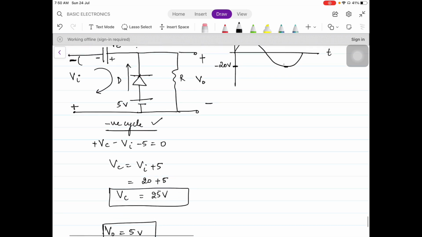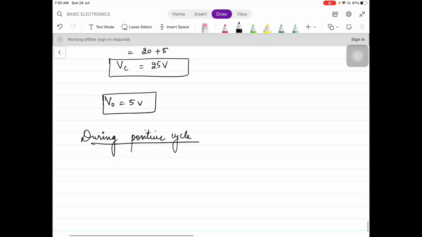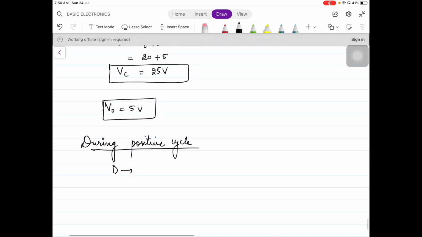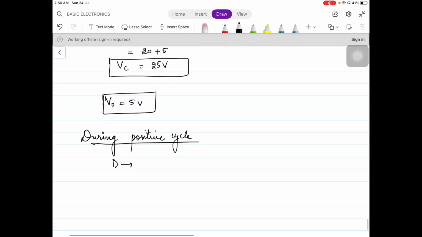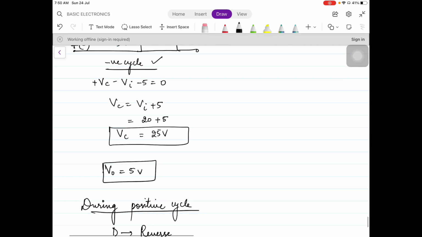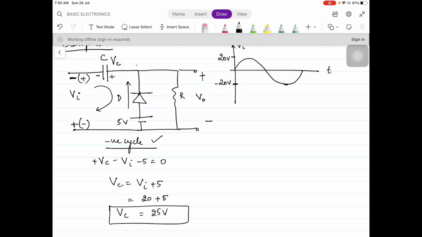Now during positive cycle, put the signs in the brackets without striking off the previous signs. Diode is reversed, surely no two cases will be formed over here. Just look to the signs of VI. Diode is reverse, that means open. ओपन सर्किट के साथ लगी बैटरी भी ओपन होती है, यानी ये पूरा ब्रांच यहाँ से गायब हो चुका है।